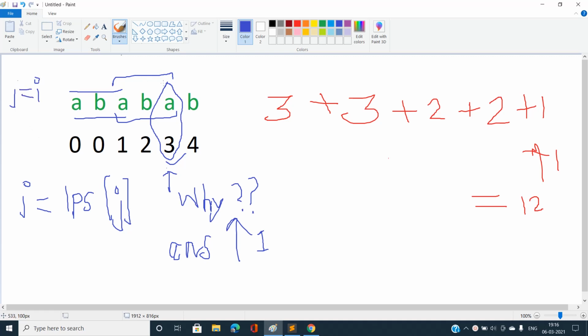I have the j pointer initialized to this. Now if j is positive and the LPS of j is also positive, I'm going to move to the value pointed to by this LPS of j, that is 3. So now I'm pointing at this pointer.